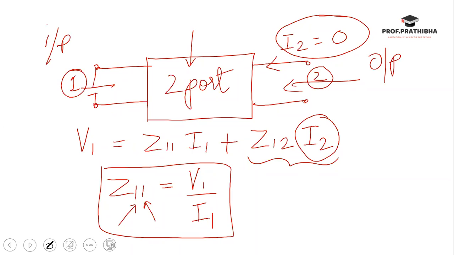So when your output is open circuited, what you got is Z11, which is called as open circuit input impedance. Impedance ही है ना, V upon I तो impedance ही है. So input upon जो हमें मिला है, this I can even write at I2 equal to 0. So they sometimes write it as like this, at I2 equal to 0. ये समझा है क्या? देखो,